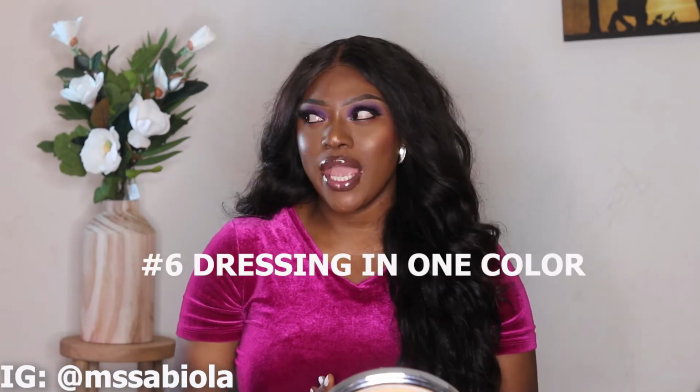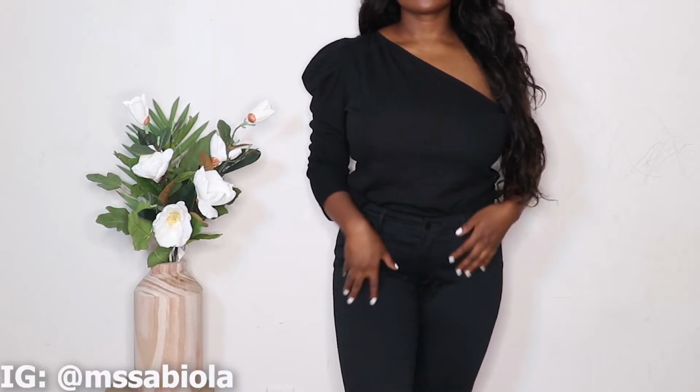Tip number 6 will be dressing in one color. Everybody knows that dressing in all black makes you look slimmer, because black just hides everything. But dressing in any kind of one color, whether it's all white, or all blue, or whatever color, always helps when it comes to having that slim effect. So dressing in one color is a great tip, because